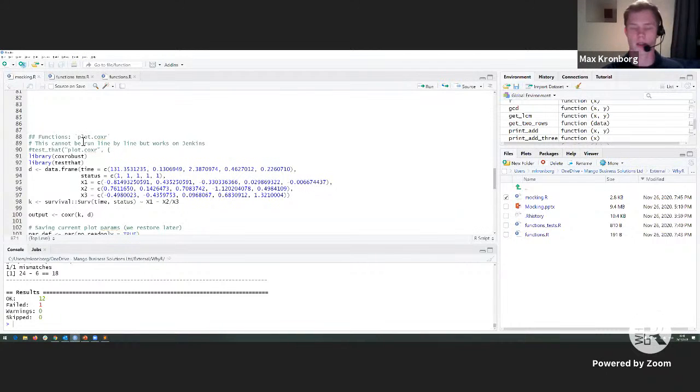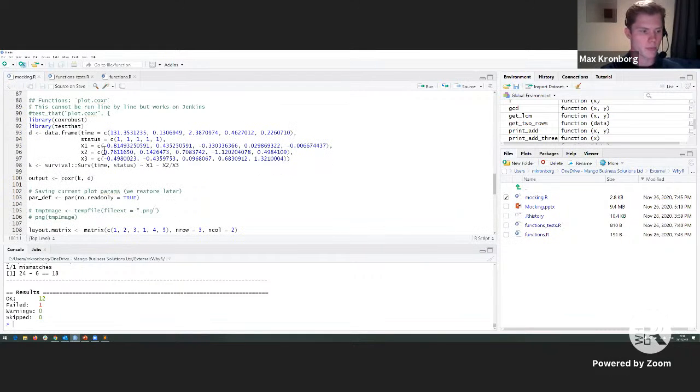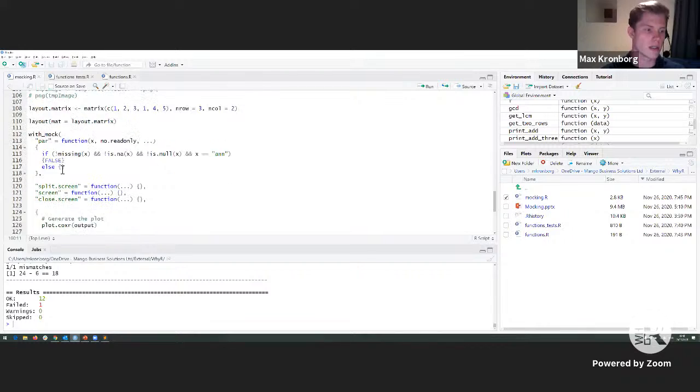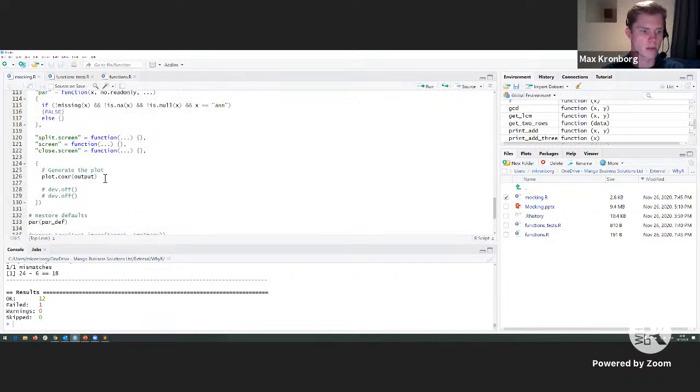One of them is this plot.coxr, which plots the result of a different function in the package that we'd already tested. So that's another way you can go about the unit testing, is to be sure that this works, and then you have to tie them together, essentially, these two functions. But the goal here is to run this plotting function, and I still can't do that. That's really frustrating. Okay.